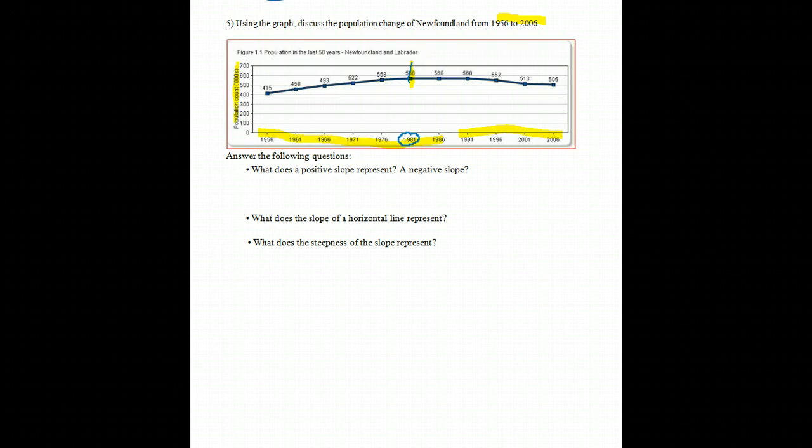Stays at that level until 1991, and then we see a decrease in population. So here the population increases, here it's stable, and here population is decreasing. So what does a positive slope represent? Well, from what we can see here now, the positive slope is representing an increase in population,